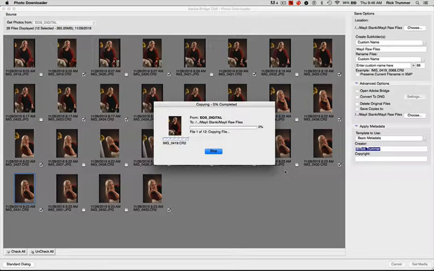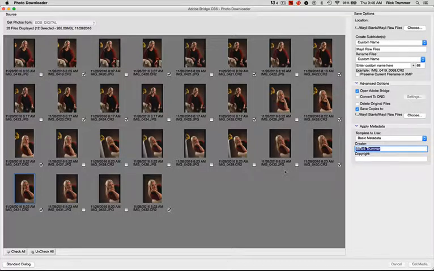Once you do that, it's getting each of these individual images, putting one in one area, one in my backup area. You can see as it's copying through, it's copying the file, creating the backup copy, and going back and forth. So when these 12 files are brought over, what's going to happen is Adobe Photo Downloader is going to quit,